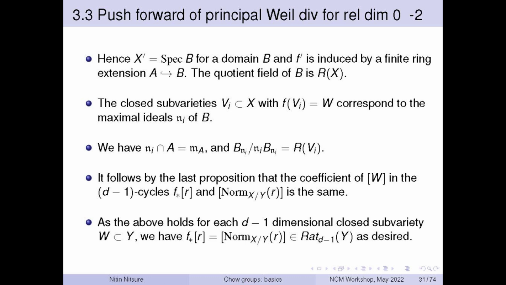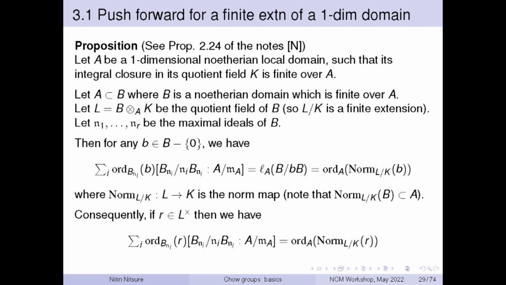Let's go back 2 steps. This side is going to be the coefficient of W by definition. And this side: when I take the Weyl divisor of R, these orders come up, and when I take the direct image, these degrees come up. So when I take F lower star of the Weyl divisor, the coefficient of [W] is going to be this. And so that is the right hand side, the order of the norm,